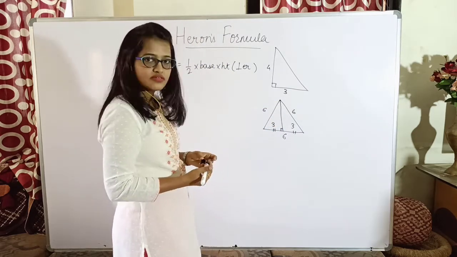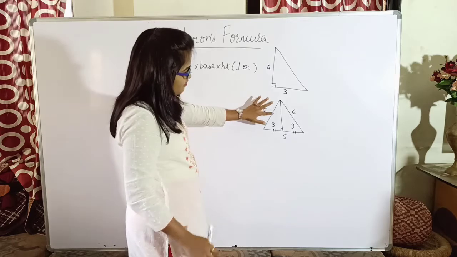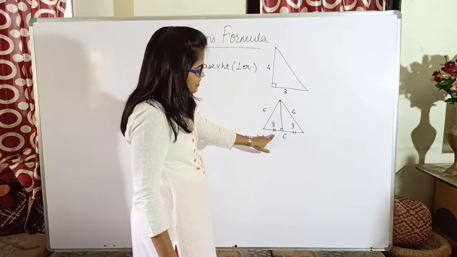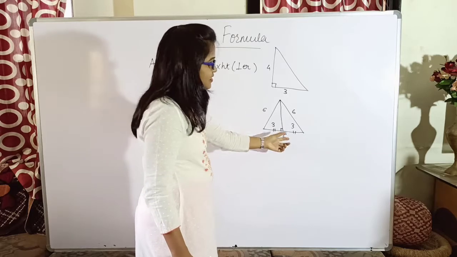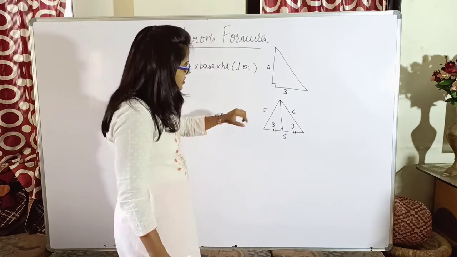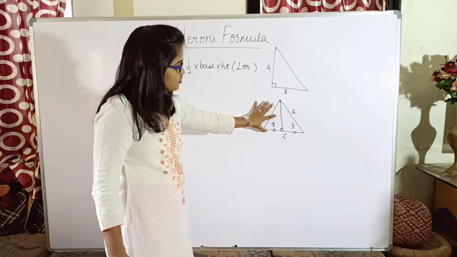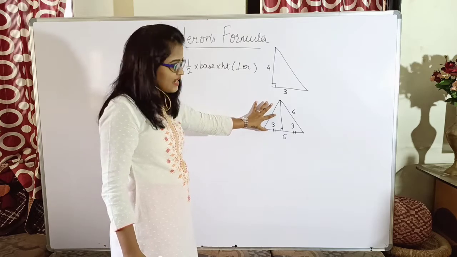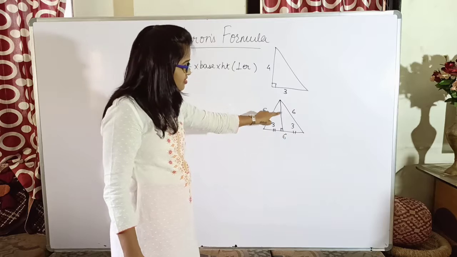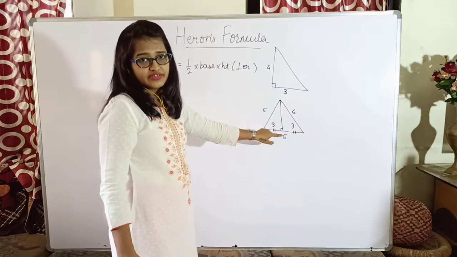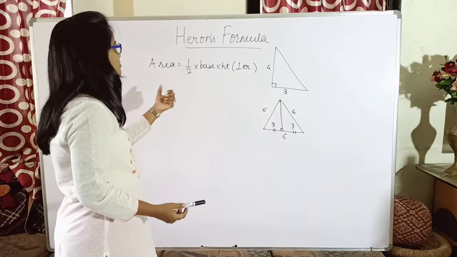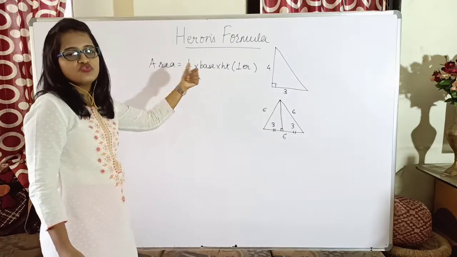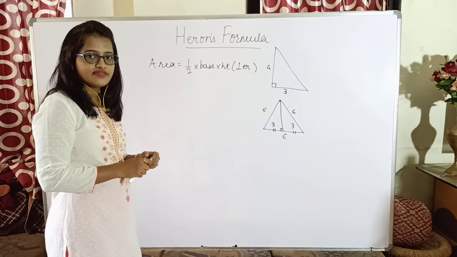Can I find it? Yes, as we have seen by the property, it is bisecting this complete side. Yes, so this will be 3 and this will also be 3. Hence, by applying Pythagoras theorem in this triangle, I can find the perpendicular height. Yes, and once I get that perpendicular height, then I can put it in the same formula to find the area of an equilateral triangle.